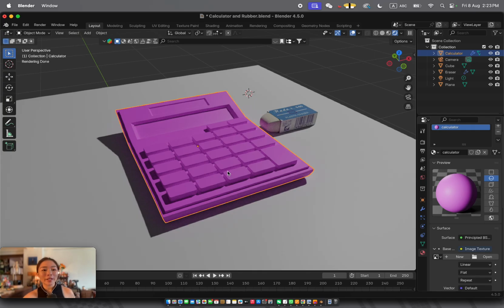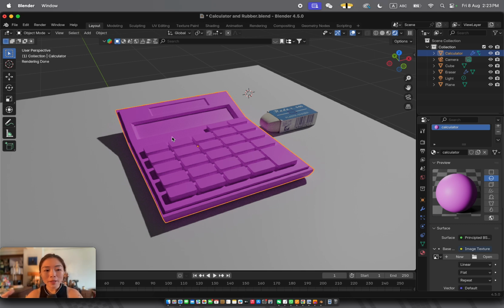But in this scenario, where we have only three objects, I definitely don't want a pinkish calculator. This is because you are trying to have an image in the scene,